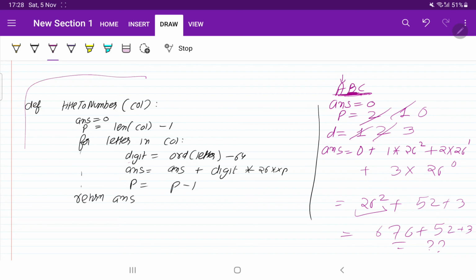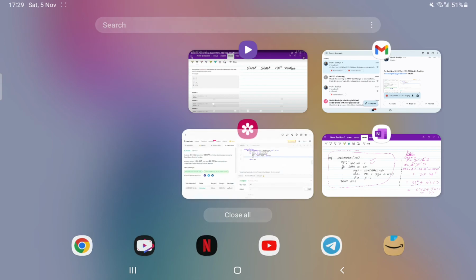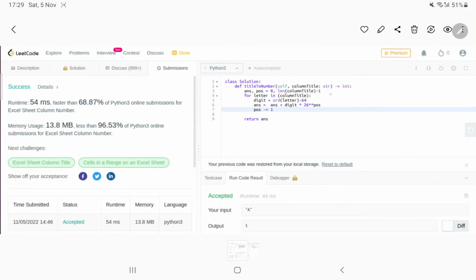Okay, so this is the code. The same way I explained to you, I have written the same code in the same way. There are some other ways also to write the code. I will explain the code I have written in the other way also. For that you can just check out this screenshot. I have written the code and compiled it, and you can see this is working fine on LeetCode.